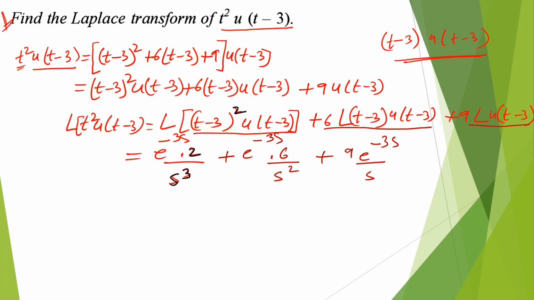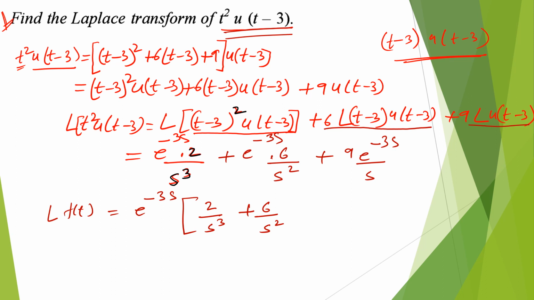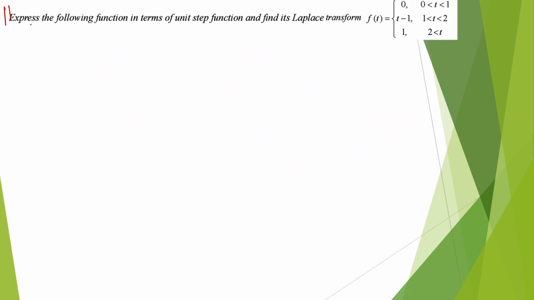So finally the Laplace of the given function f(t) is e to the power minus 3s taken as common, 2 upon s cubed plus 6 upon s squared plus 9 over s. That is the Laplace transform of the given problem. Now the next question is: express the function in terms of unit step function and find its Laplace transformation,